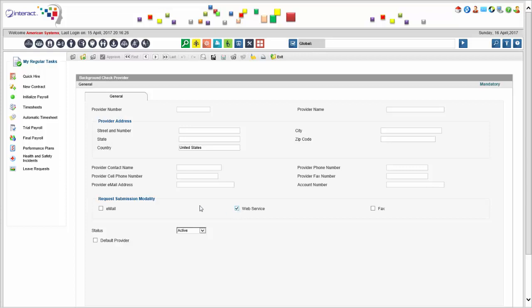But if you wanted to use a more basic method, you can send your background check request via email or even via fax, and the system will produce the right letter and corresponding information so that the background check can be done. Now, if you're doing it through a web service, that means that this will be automated,